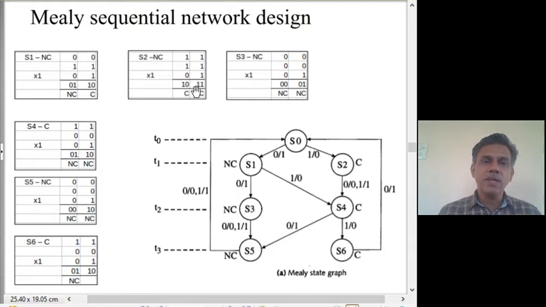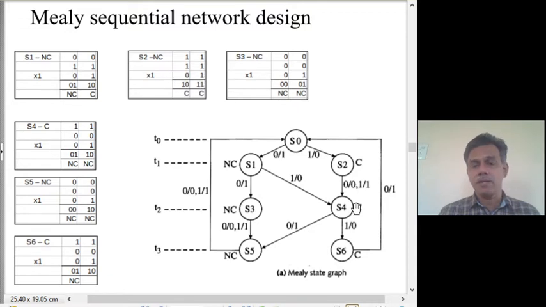We see that in both these cases there is a carry being produced. So we should always go to a state which remembers carry and also remembers the fact that 2 bits have been handled. And that is what precisely S4 stands for. S4 stands for that there is a carry to be remembered and 2 bits have been processed. So from S2 we can go to S4 for both these two cases of input being 0 or 1. When we get a 0, we produce a 0 and go to S4. When you get a 1, we produce a 1 and go to a carry state.